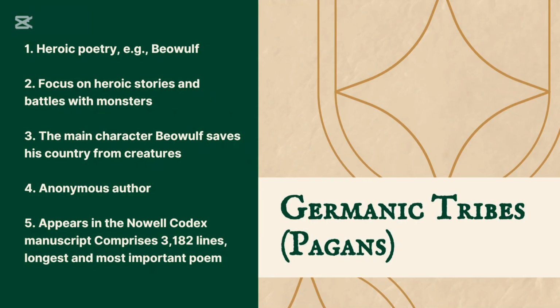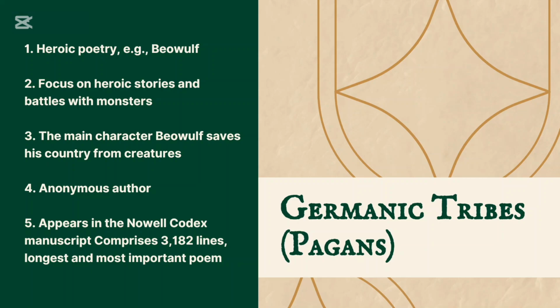In contrast, the Germanic tribes wrote heroic poetry, with the most significant work being Beowulf, the epic poem, whose author is unknown, tells the story of a hero's battle with a monster and his quest to save his country. Beowulf is considered England's national epic. Please keep this thing in your mind. It's a very important point and is the longest and most important poem of the Anglo-Saxon period, comprising 3,182 lines